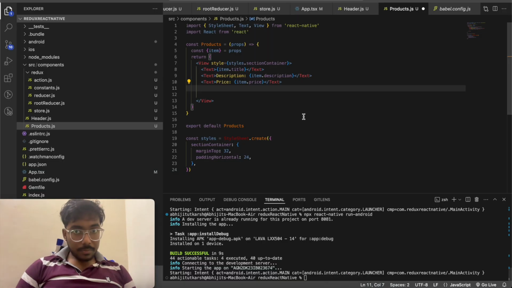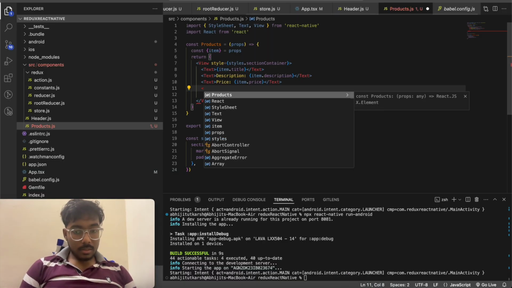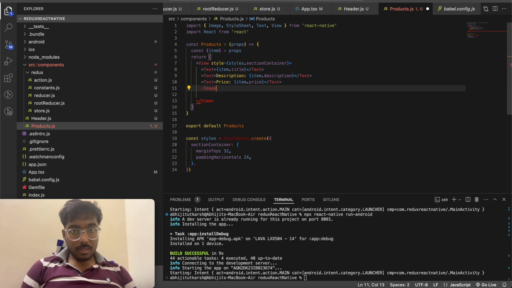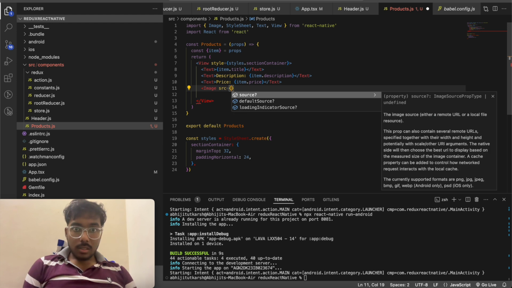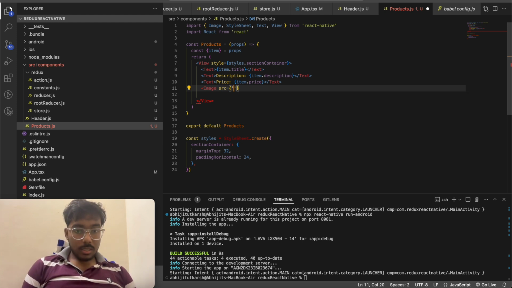So what we'll do, I'll create an Image from React Native, src, and put the link here, sorry, the items dot images of 0, and close the tag,